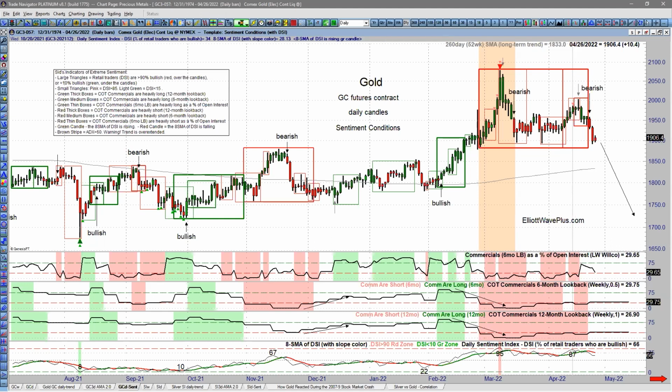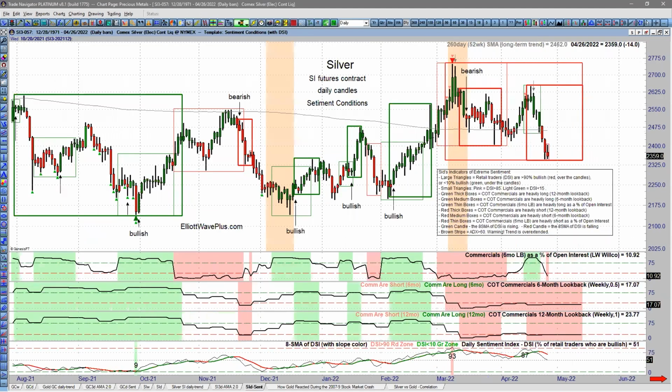You know, there was a request to look very quickly at silver, and you can see where these, I won't call them signals, but where these setup markers came in once again on silver really well. Bullish, first green candle inside a bunch of green boxes. Bearish, first red candle inside of some red boxes. Bullish, first green candle inside of multiple green boxes. Bullish again,